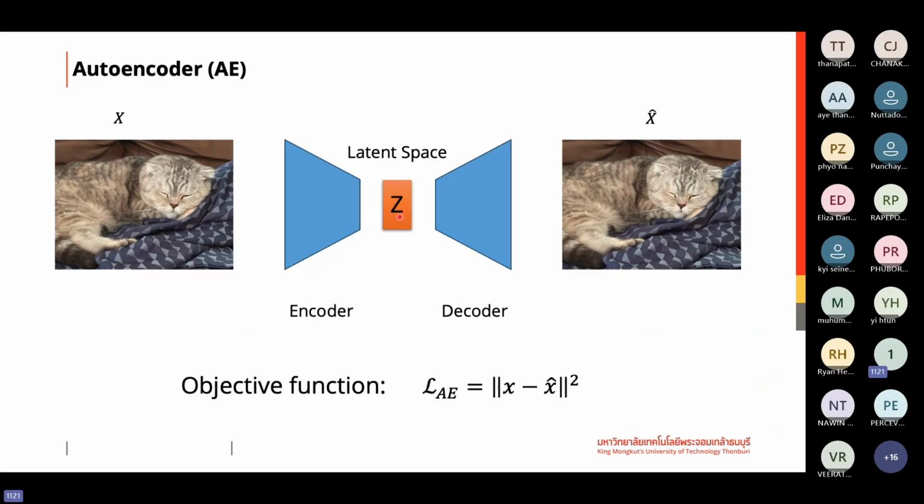It's a lot lower dimension than 256 times 256, right? And then you train the network in such a way that it would produce the same image. Now it's an easy task, right? You already have data. Then to train this network, you just put the same data as input and output